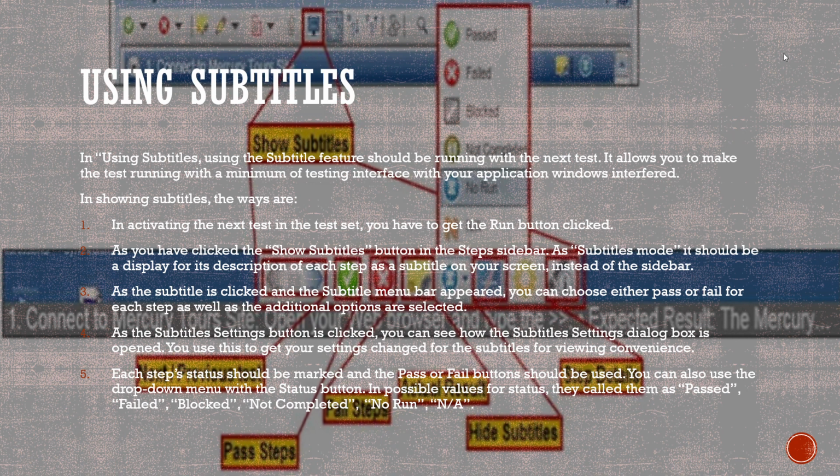Using subtitles. The subtitle feature should be running with the next test. It allows you to run the test with a minimum of interference from the testing interface with your application windows. In showing subtitles, in activating the next test in the test set, you have to get the run button clicked. As you have clicked the show subtitles button in the steps sidebar